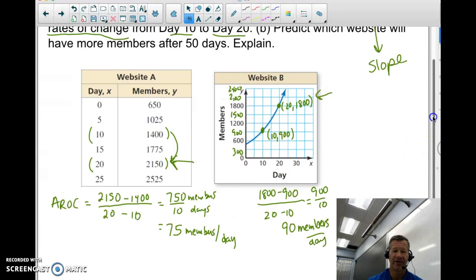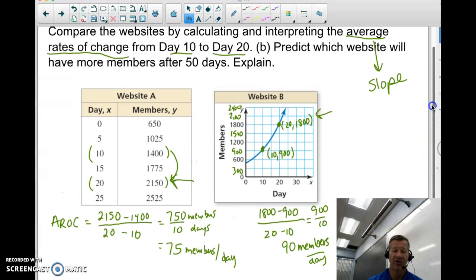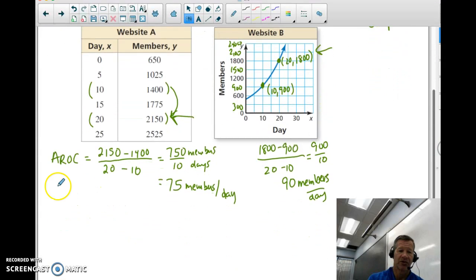Now, part B, let me go back up here, was to predict which website will have more after 50 days. Well, because of what we found out in part A, since this is growing more quickly, after 50 days we would think this might get higher. Now, 50 days is pretty far off in the future here. If we would extrapolate here, 25 days, this might have up to about 2,700. It might already overtake this one. So we are going to guess that website B will have more members,